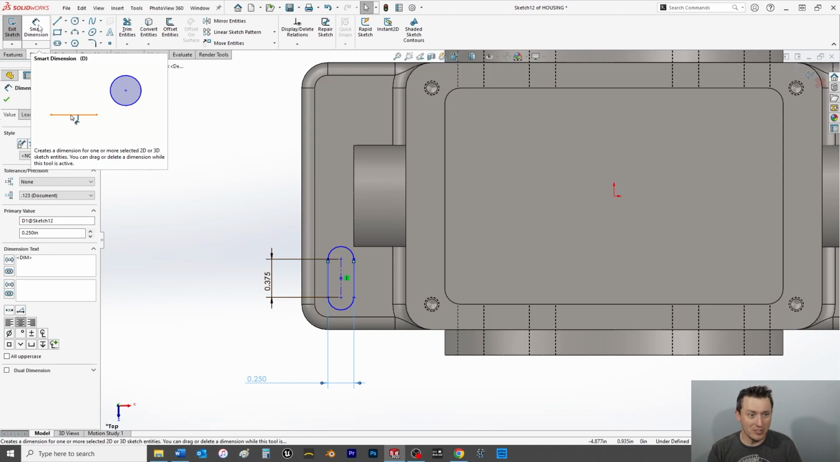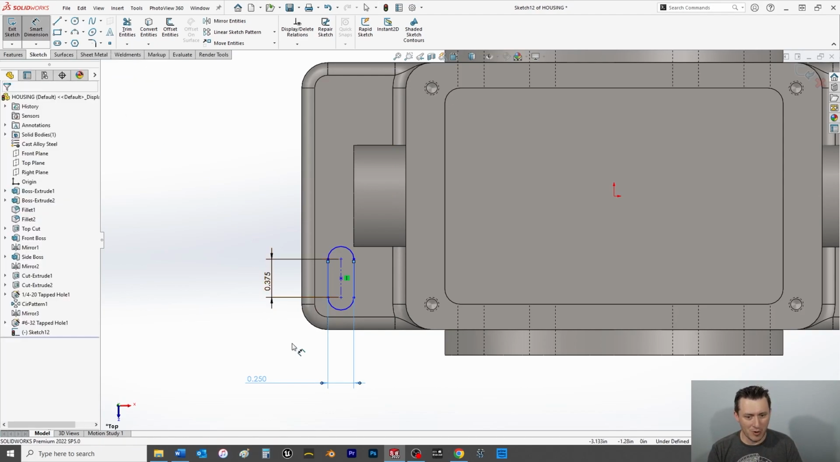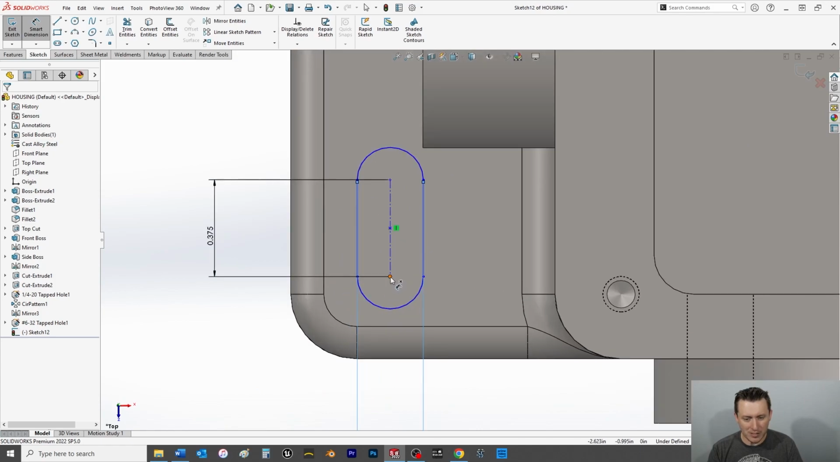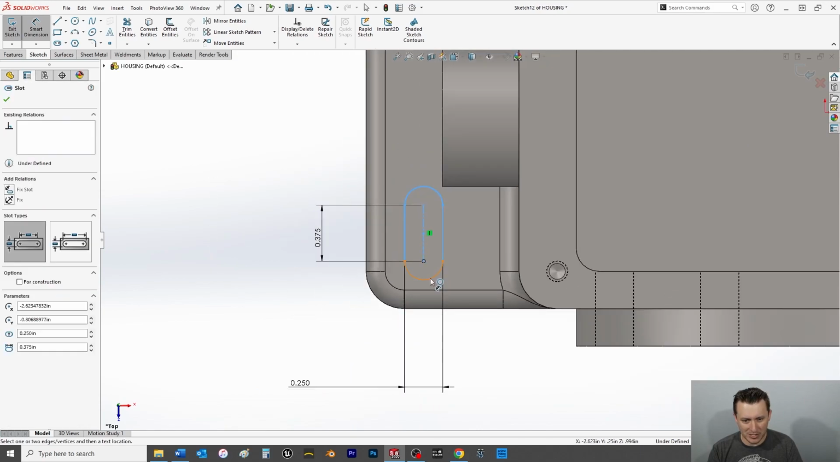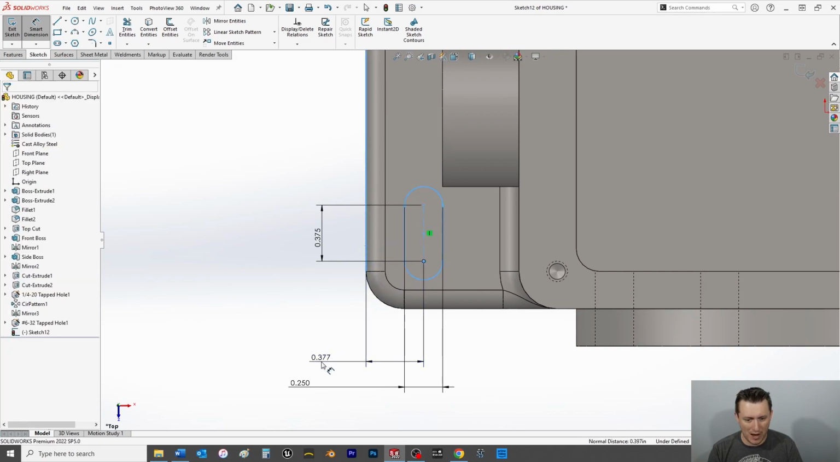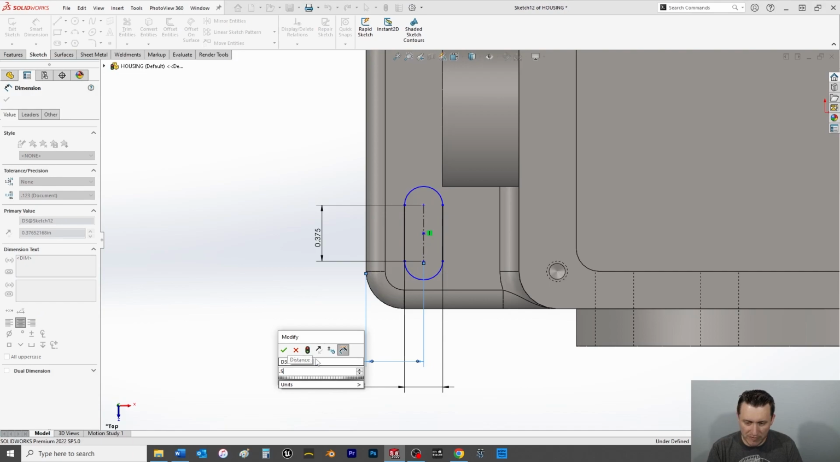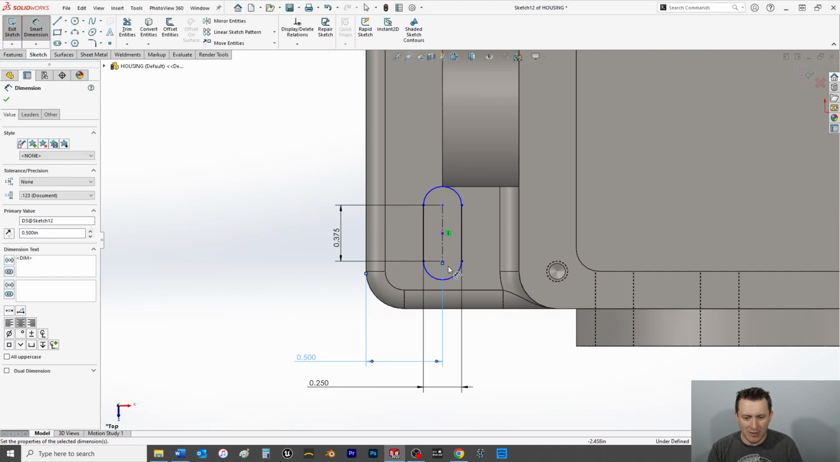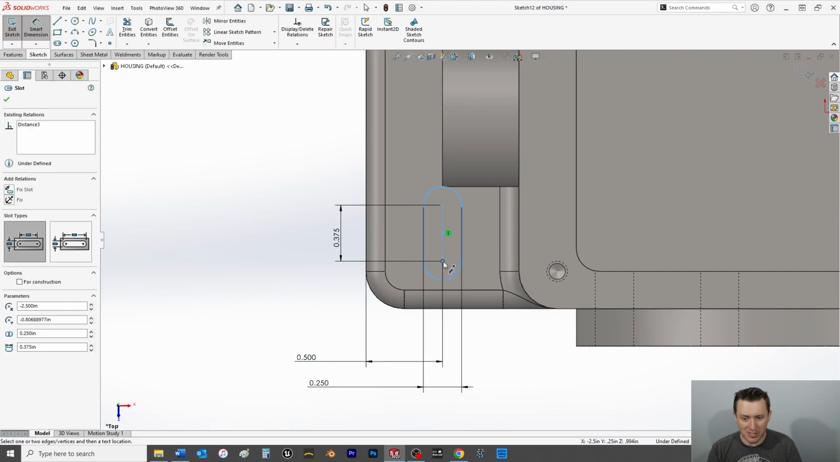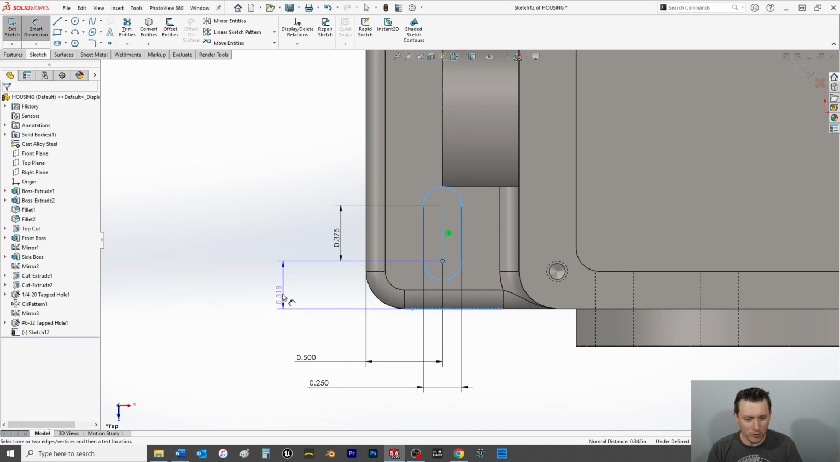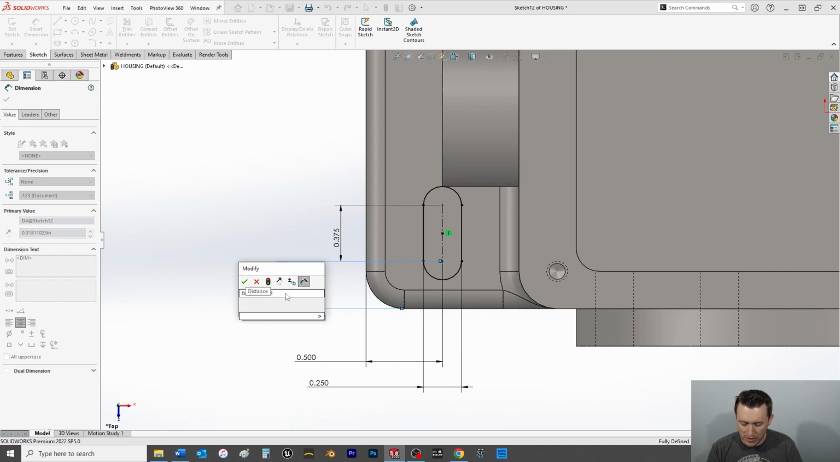So I'll come up here in the top left, select the smart dimension, then I will choose this bottom center point of this arc here, and then I'm going to choose this left edge here, drag down, choose 0.5, enter, and then finally select the same center point again, select this bottom edge here, drag out, and 0.5,